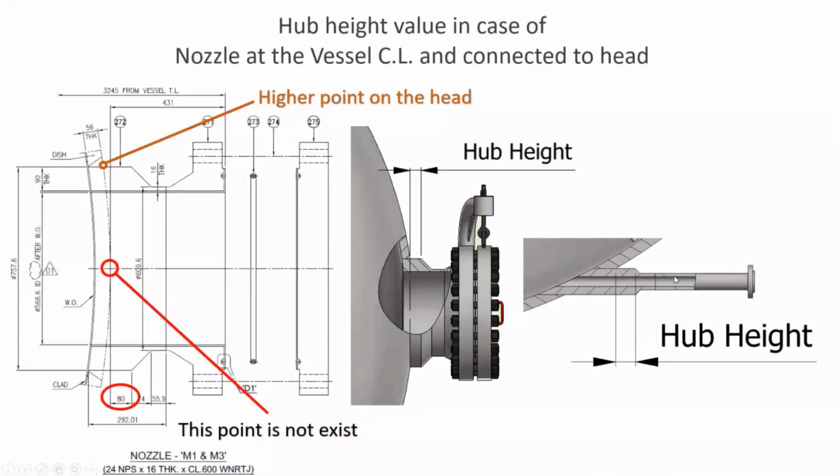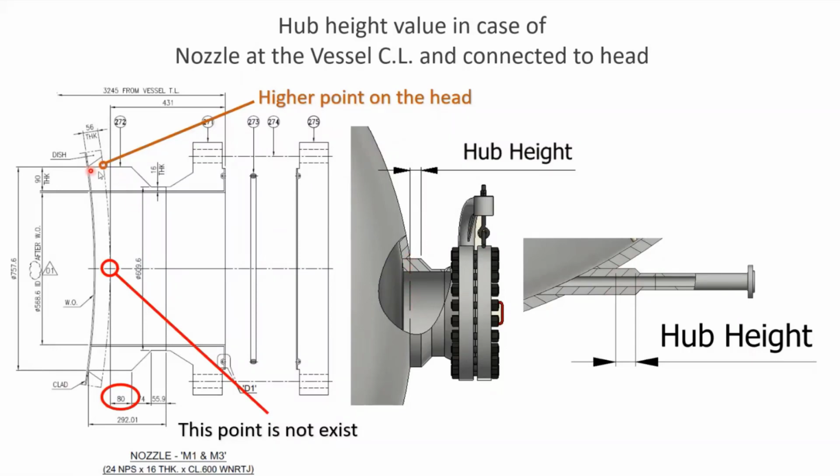So in that case, for example, it's a hillside nozzle on head. So the hub height is measured from the lowest point on the hub. In the head case, if you have a forged hub on the head, and it's located in the middle of the head, on the vessel center line,